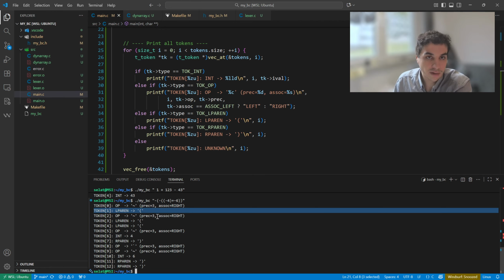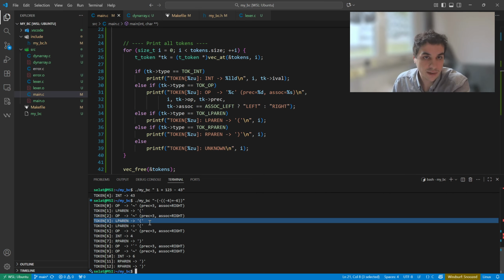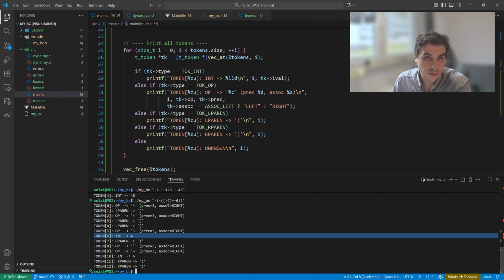Left parenthesis, correct. Operator another unary minus, so we have tilde again with precedence of 3 and association of right, that looks correct. Left parenthesis, operator unary minus, that's correct. Integer 4, that's correct. We have the first right parenthesis, that's correct. We have plus,